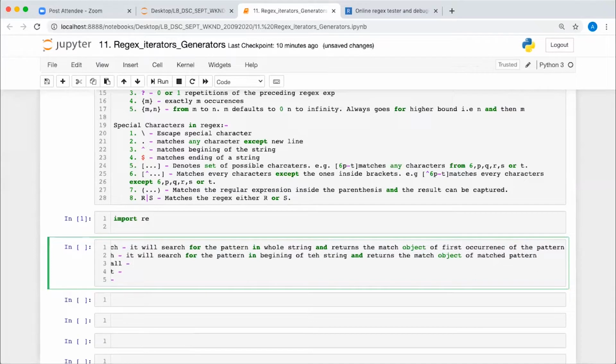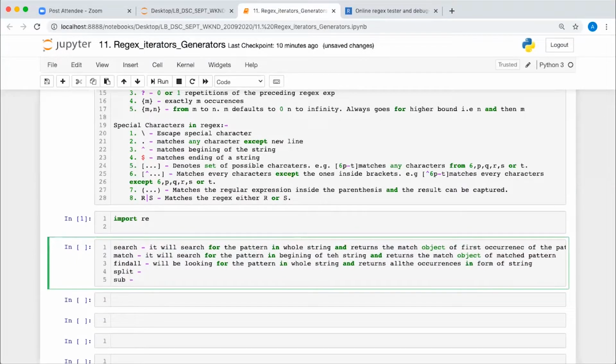Okay. Find all will be looking for the pattern in the whole string and returns all the occurrences in the form of a string.